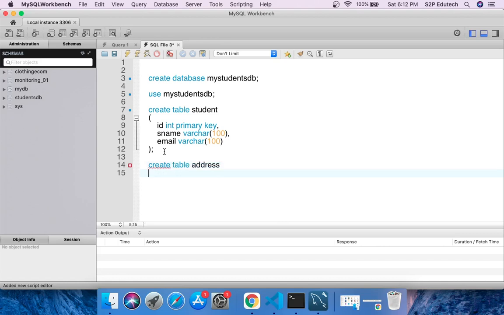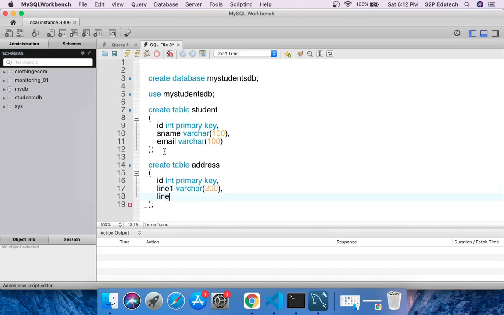address. Right, and inside address I'll have again a field ID, which is again int, and it is again primary key. Then I'll have line 1, again it will be varchar of, say, 200 characters max.